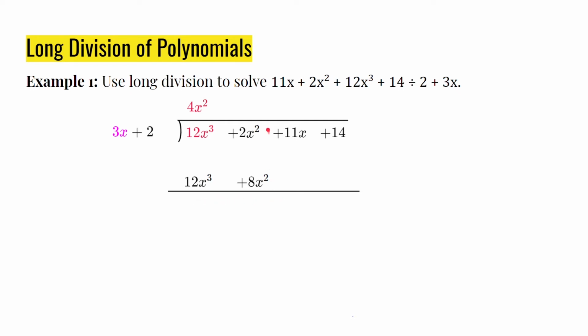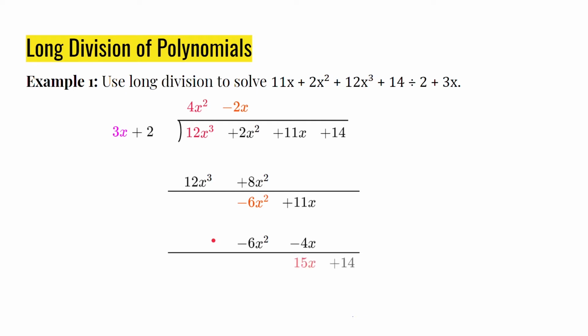Subtract this product from the dividend to get negative 6x squared. Now focus on 3x in the divisor, 3x plus 2, and negative 6x squared in the expression, negative 6x squared plus 11x. Determine the quotient when these terms are divided. Since negative 6x squared divided by 3x is negative 2x, we can then multiply negative 2x by the divisor. Remember to write your answer below the last line, making sure that you line up the like terms